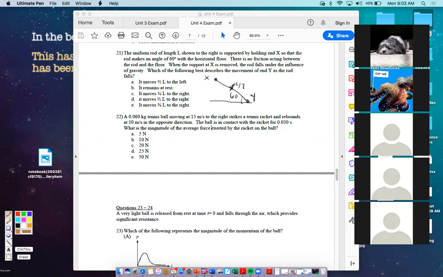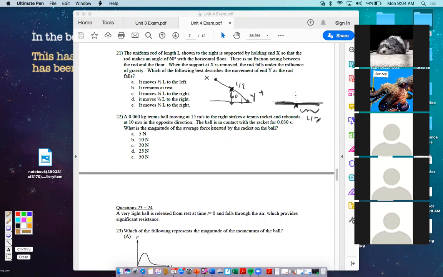So that's an external force. Gravity is an external force to my system. And what does that do? It acts on the center of mass. My object is going to behave as if its center of mass is being affected by the force of gravity. So in other words, I know the center of mass has got to fall straight down to the floor. So after it falls, it's going to look just like this, where the center of mass is going to be right here. And I know that the rod is going to be laying like this with a length of L